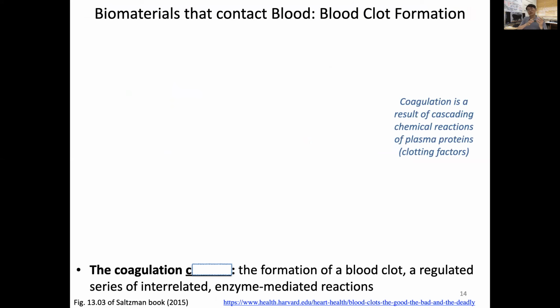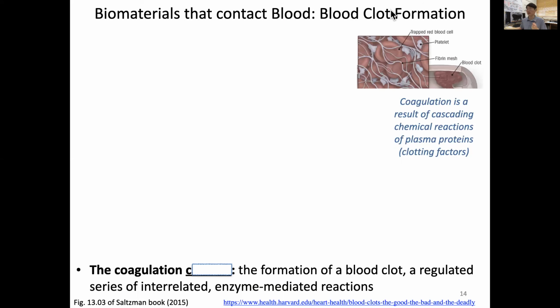For biomaterials that are in contact with the blood, there's a very important aspect, which is blood clot formation that we call coagulation. This is a result of cascading chemical reactions of plasma proteins, which include clotting factors. This looks a little complicated, but it's very important. There are multiple Nobel Prizes that came out of this